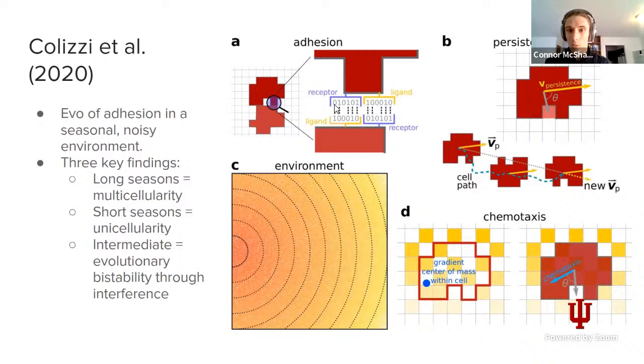So here we have 1 and 0 causes an increase in strength, but 0 and 0 and 1 and 1 do not. There's also persistent migration. So as the cell is moving, it tends to continue along certain trajectories it's been on. And the really cool thing that they had about this is that they have a non-diffusing gradient in the environment